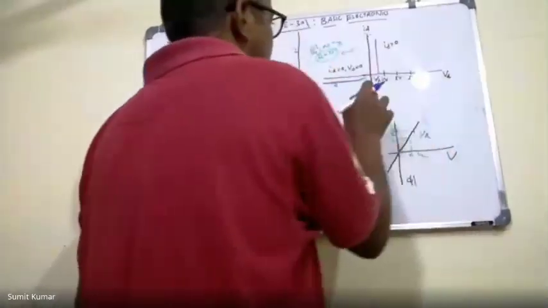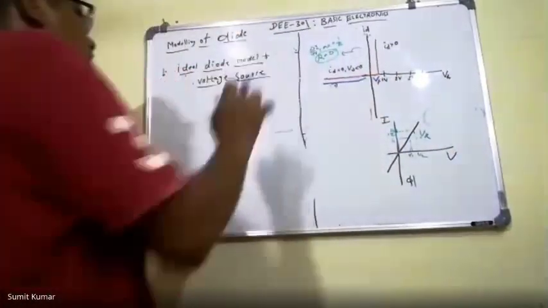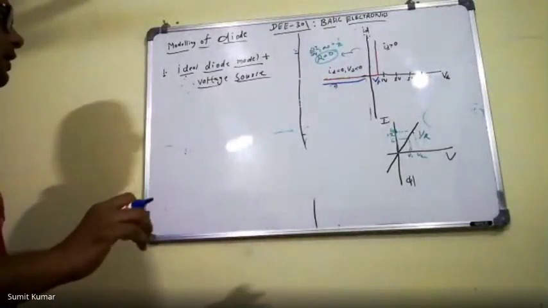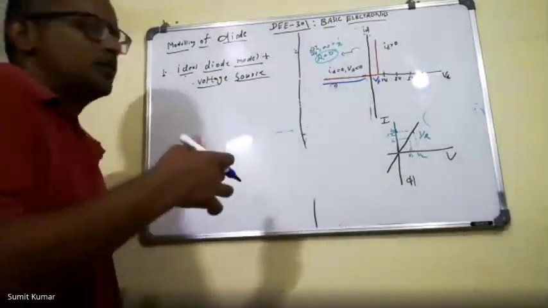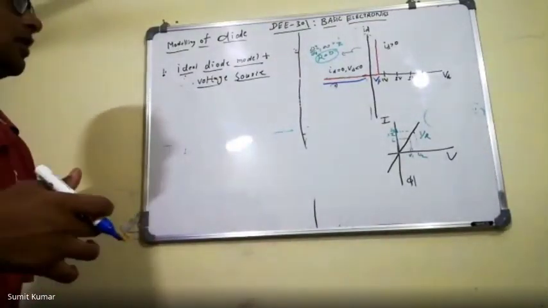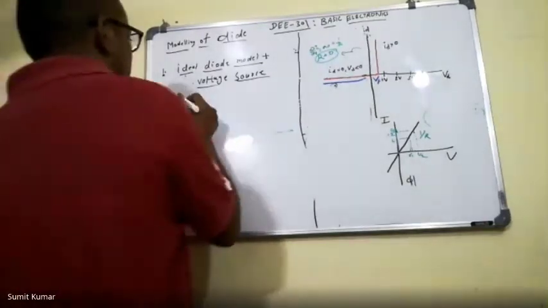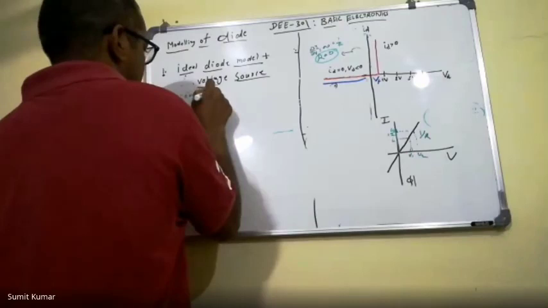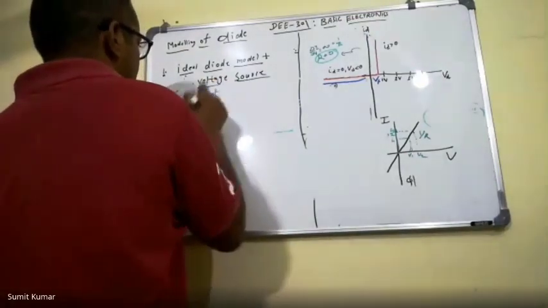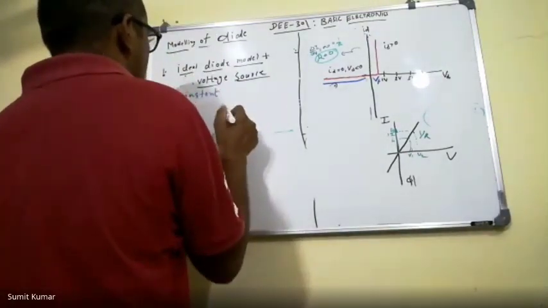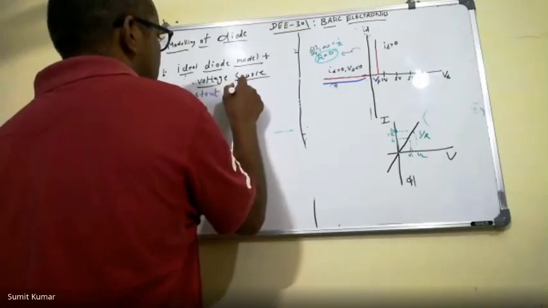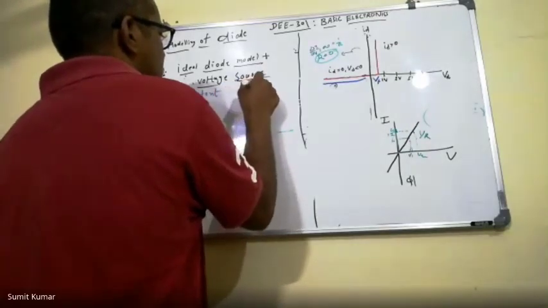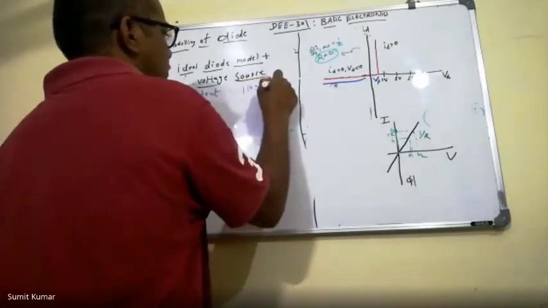So you can see here this model is a little better model than the ideal diode model, and in some literature you will find this is also called the constant voltage source model. Okay, constant voltage source model. So आप कंफ्यूज ना हो और फिर मेरे ऊपर आके एलिगेशन ना लगाएं कि ये सर ने क्या पढ़ा दिया, हमने तो कांस्टेंट वोल्टेज सोर्स मॉडल देखा था। तो ये एक ही नाम है, कांस्टेंट वोल्टेज सोर्स मॉडल।